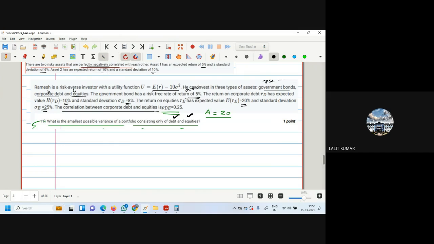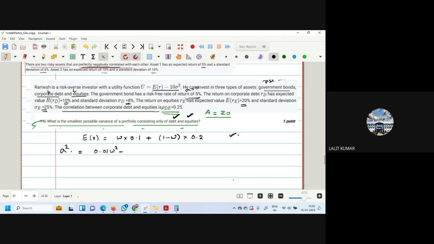Both are risky. So expected return will be equal to W into corporate has got how much? 0.1 plus 1 minus W into 0.2. This is the expected return. And your sigma square will become